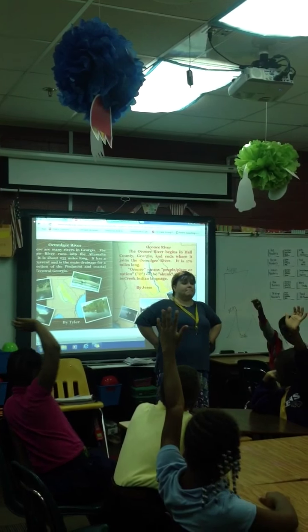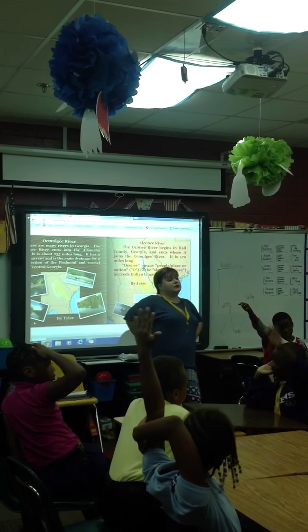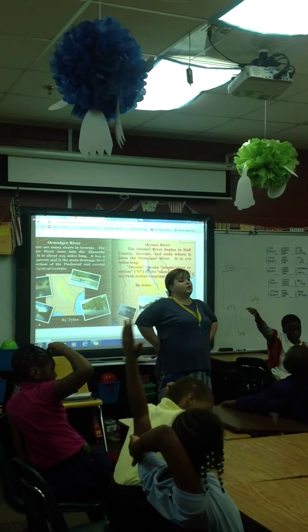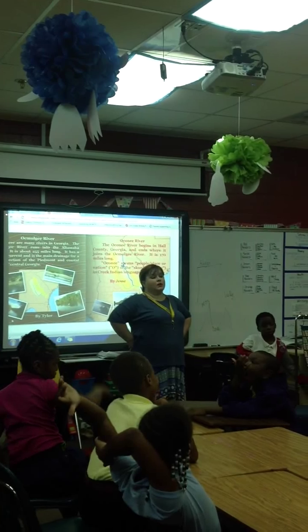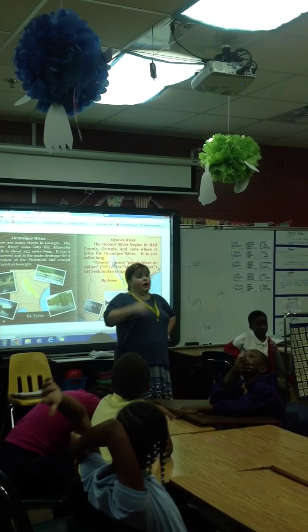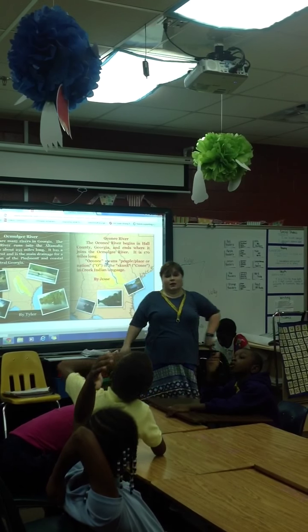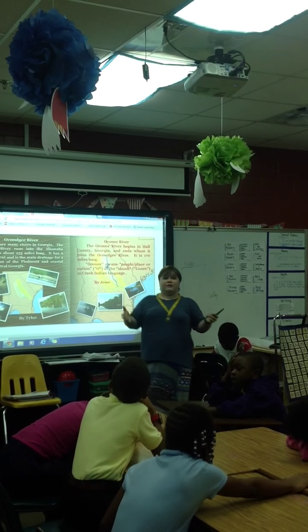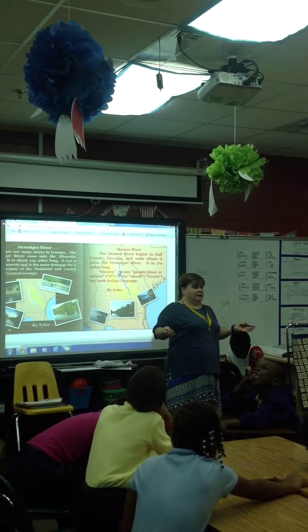That's a lot of water. The Okemulgee River is the river that you see here in Macon.